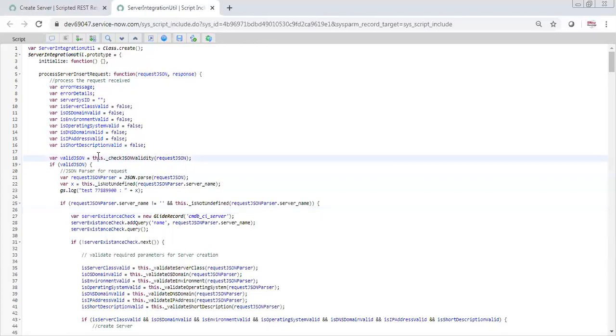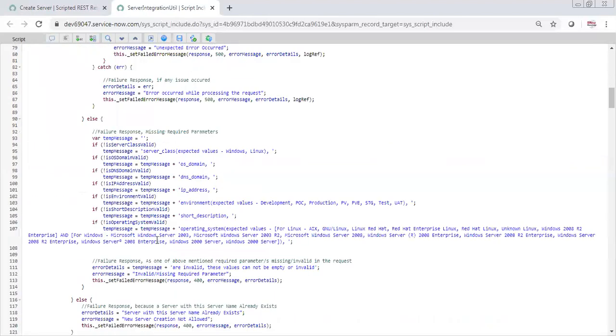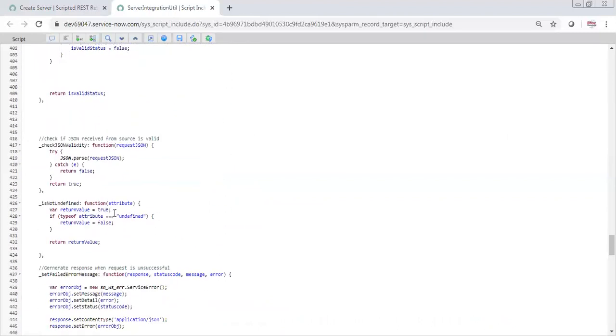And how you call it is this dot the name of the function, and below we define the function. So if you go to this function, what we are saying is there is a method called JSON.parse. It is a JSON feature. So I am using that, and whatever they have sent, I am parsing it inside that function.